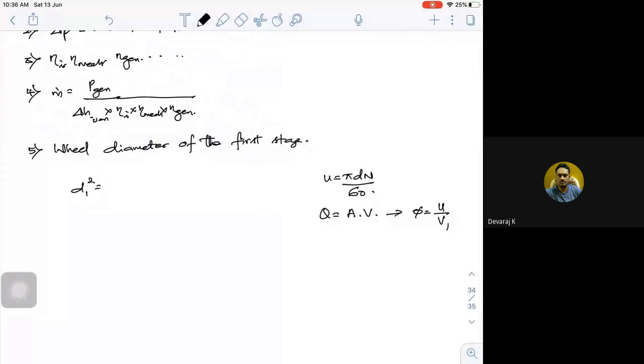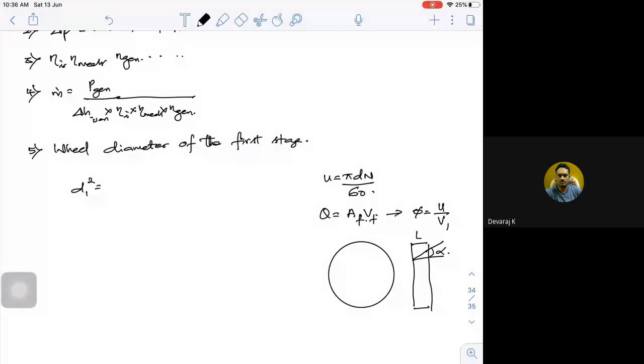I will try to substitute: this is your flow velocity, the area of the flow. So what is the area of the flow? It is pi by 4 into the diameter square into that length. What is there in the side view? In the side view, you have this length, and if this is inclined, you have your alpha. If I call this L, or whatever it may be, what will be the length of this particular thing? It is L sine alpha.